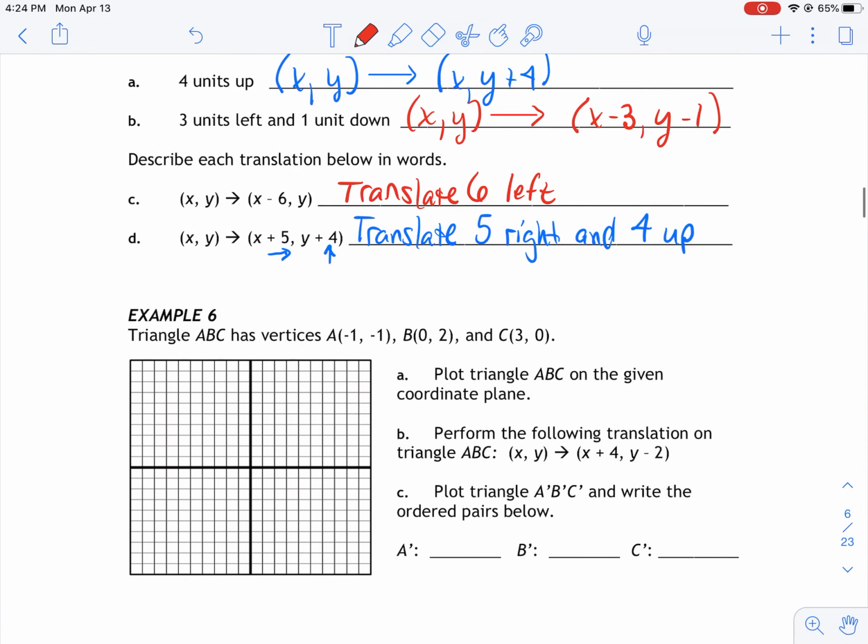Now, the last example is going to apply this to the coordinate plane. Okay? So it's the same triangle as before. It's just a different transformation. So I want you to try this one on your own. And you can check your work with the answer key that I provide on Canvas for you, okay, on this last one. And now you're ready to do your first assignment over translations. And the next video won't be as in-depth because we've already gone over a lot of the preliminary stuff on transformations. So when we talk about reflections on the next one, we'll be able to get through it a little bit faster, okay? So this wraps up the first video, and